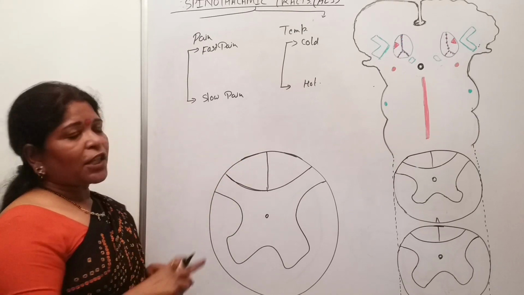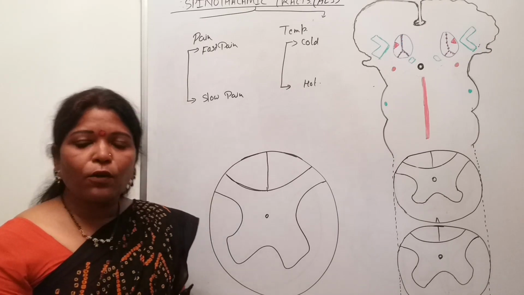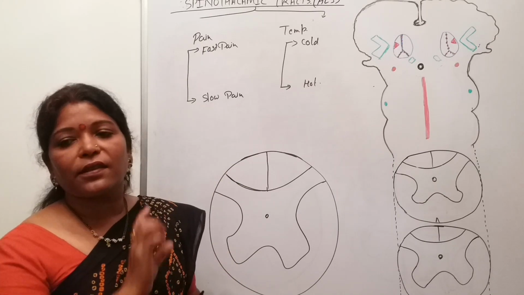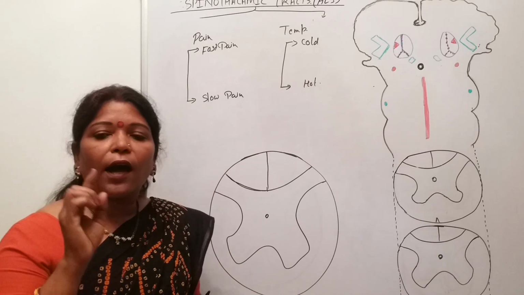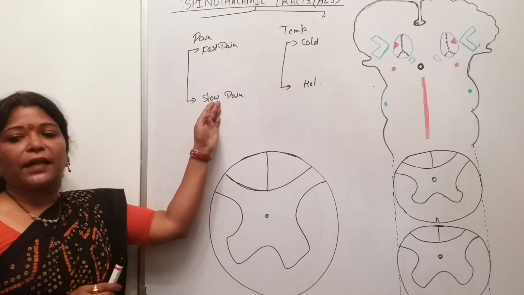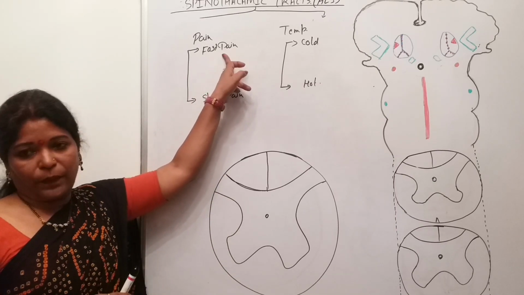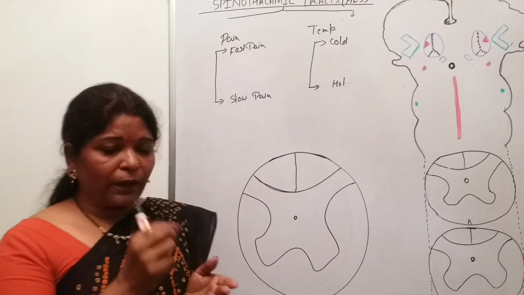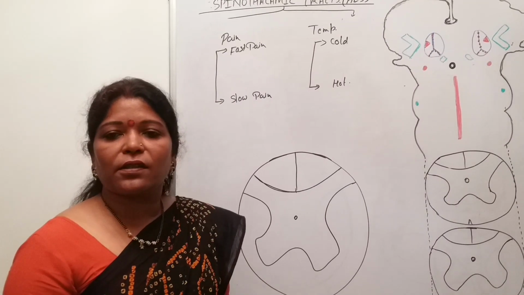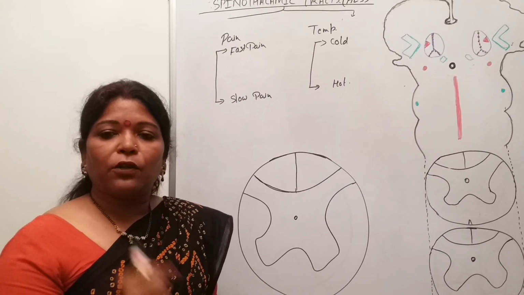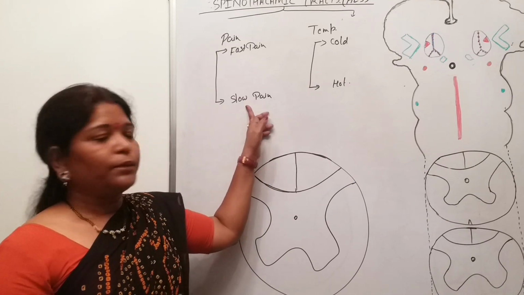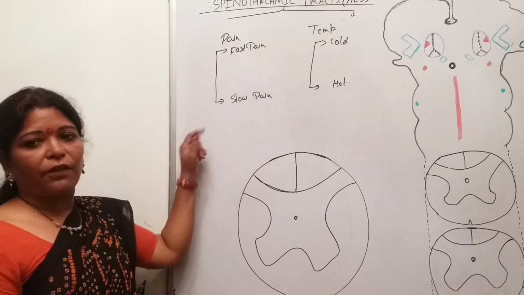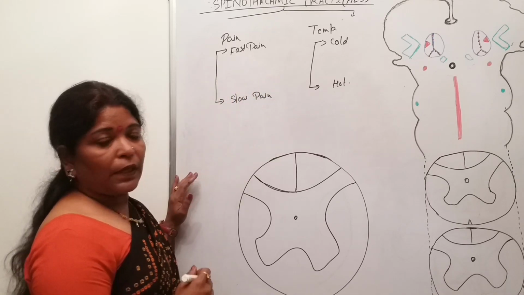The fast pain can be precisely localized by the cerebral cortex. But the slow pain is poorly localized in the cerebral cortex. You can't pinpoint slow pain, but you can pinpoint fast pain from a finger, that the pain is coming from here. When you cut your finger, you know that the pain sensation is coming from this part of the body, but in slow pain you can't do that. So fast pain and slow pain are the two types of pain sensation, a very important part of this pain pathway.